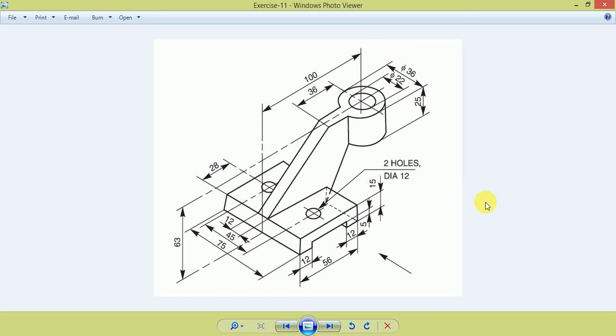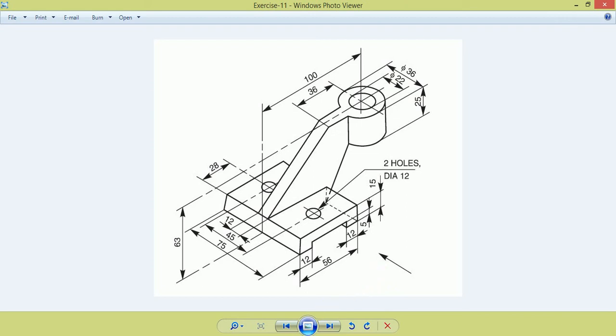In this video, we learn how to model this exercise in Creo software. Before starting the modeling, first of all, we study this sketch. Here you can see the three sketches. This one is a square, this one is a rib, and this one is a circle. First of all, we start from this base section. Draw the section, a 56 by 50 mm square, and extrude up to 75 mm.